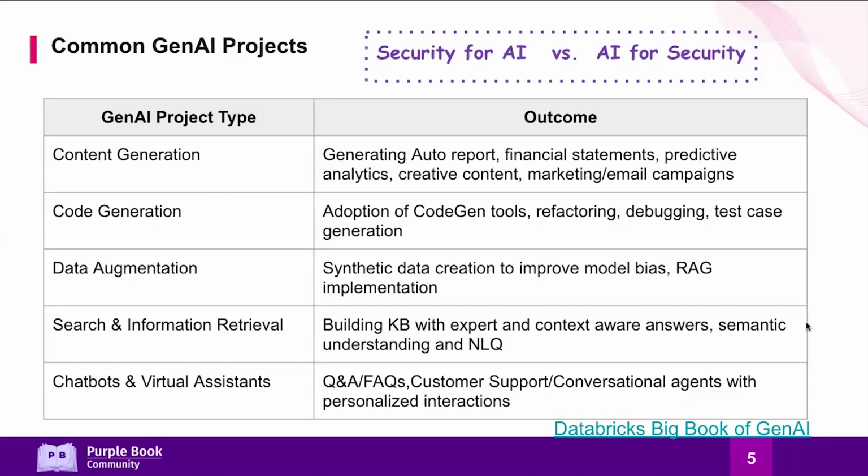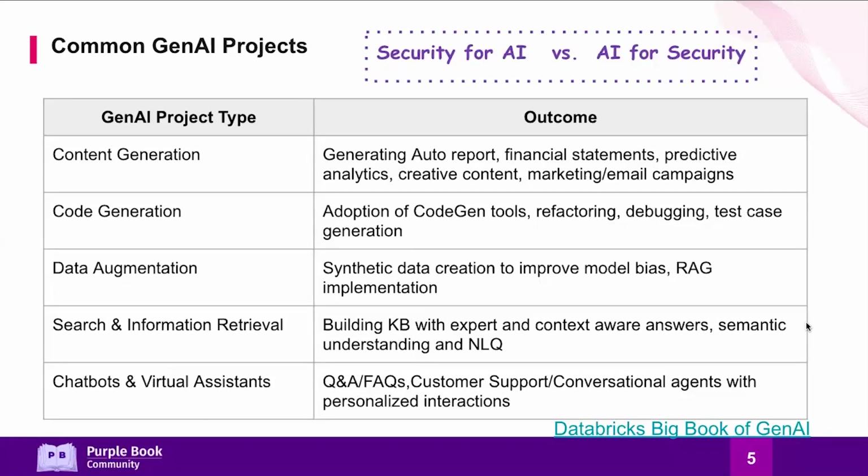There are two different sides. One is security for AI, and the second one is AI for security. Today, we are going to cover more of security for AI. Are we ready to secure AI? What is required? What are the problems? What are the challenges in various implementations? And then we can leave a little more discussion time for AI for security, which we'll touch upon, but it's not exactly the topic of this presentation.